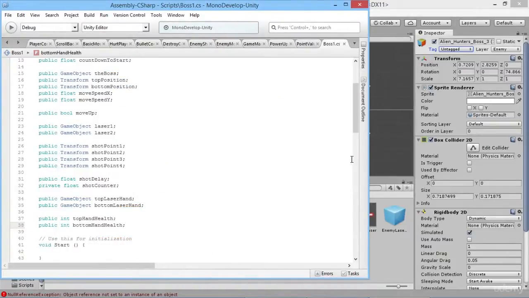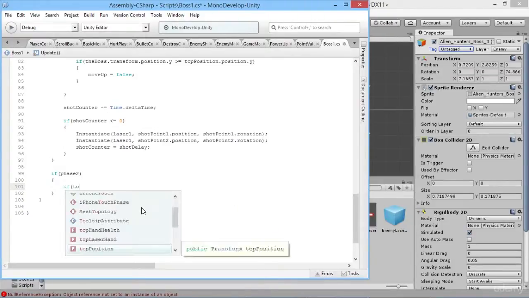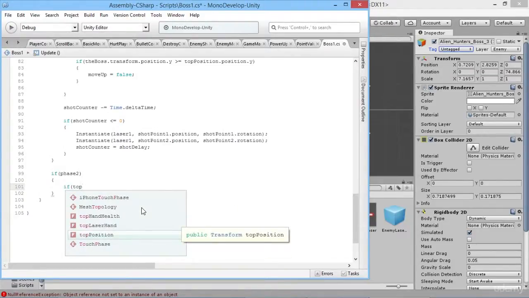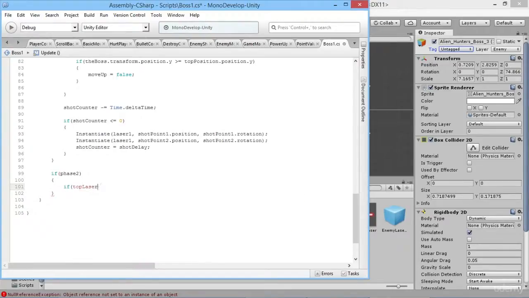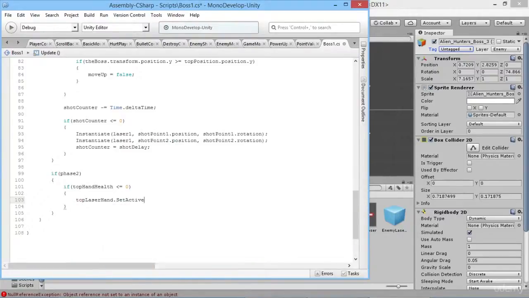So let's go back into our Boss1 script. And so when we're in phase 2, we're going to add a couple of simple little checks in here to say, basically, if the health for any particular hand runs out, then we deactivate it. So we'll just say if our top hand health is less than or equal to 0. Well, in that case, our top hand is being destroyed, so we're going to deactivate that laser. So we're going to say top laser hand dot SetActive false,